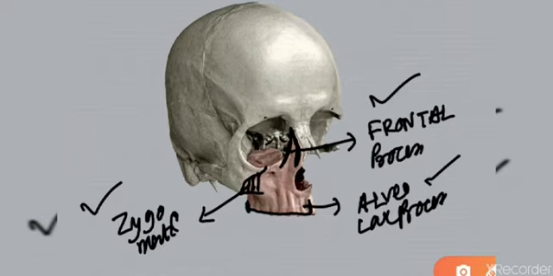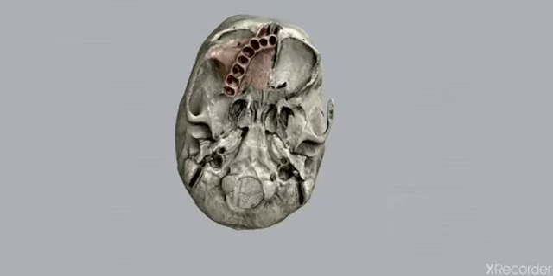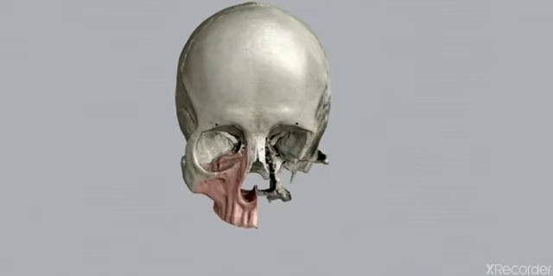Let me show you. There is another process. So there are altogether 1, 2 and 3 processes from the norma frontalis, and there is another process that can be seen in norma basalis when the skull is turned over. So let's see. This is the last process. It is called palatine, number 4, palatine process. Okay, so altogether there are 4 surfaces and 4 processes.